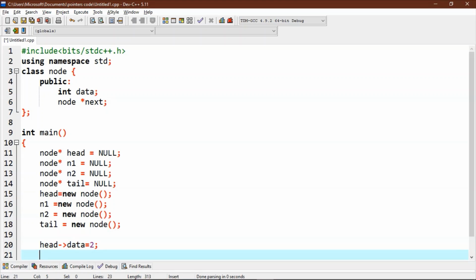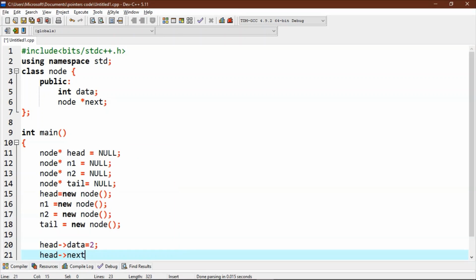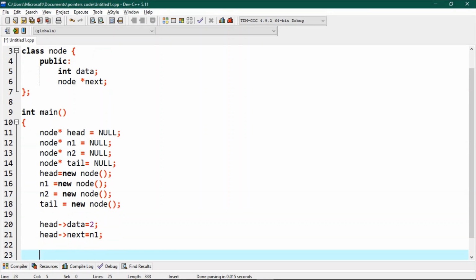Now we will link this first node with our second node. To do that, we will use head, same arrow formation and next, which will be equals to our N1 node. And now we have created our first complete node.